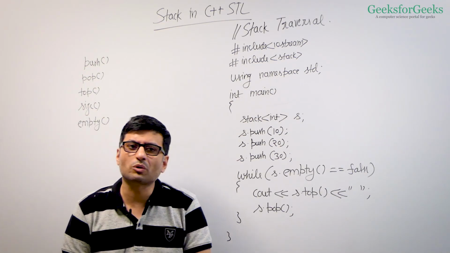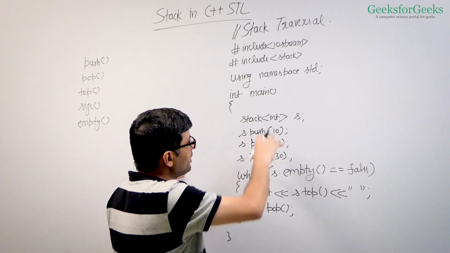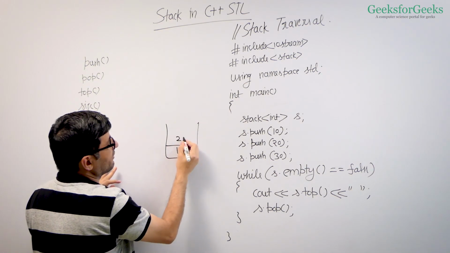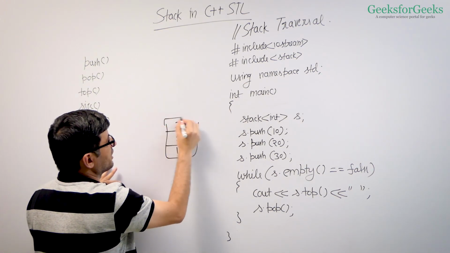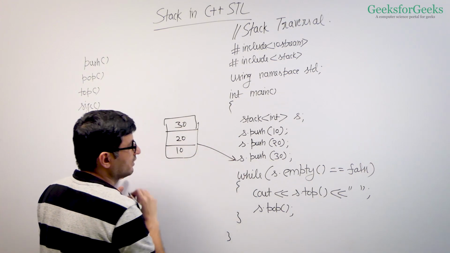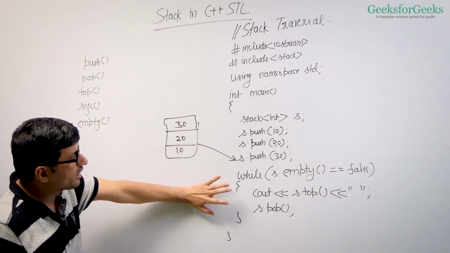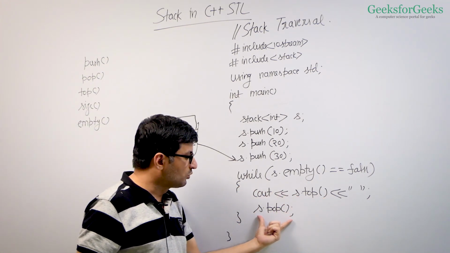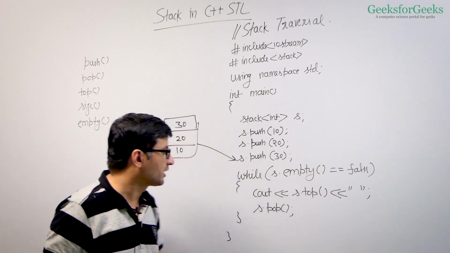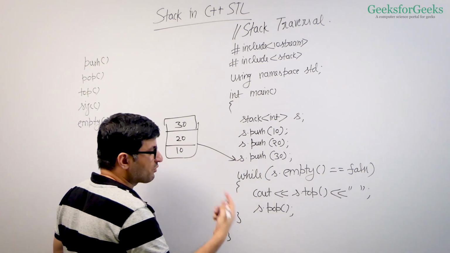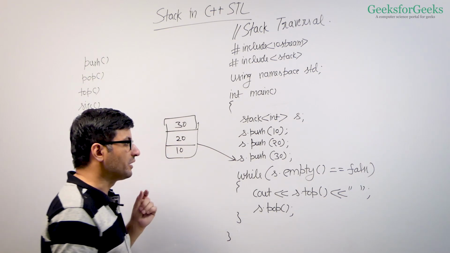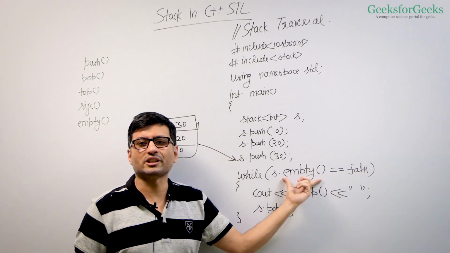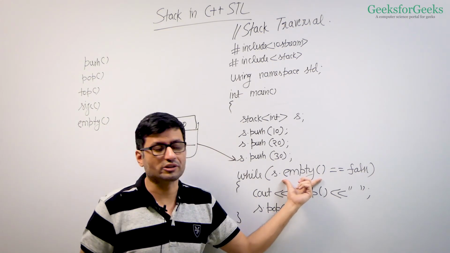Let us take a look at this program. Here we push the same 3 items in the stack. So we have 10 first, then we have 20, then we have 30. So this is our stack after this line, right? Now what we are doing, we are running a loop. Inside this loop, we print the top item, then we remove the top item. So pop function removes the top item. And we keep doing it while the stack does not become empty. So s.empty, the empty function, returns true if the stack is empty, otherwise it returns false.